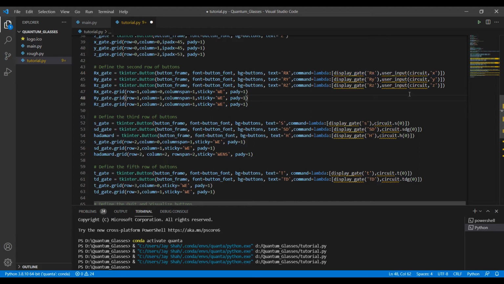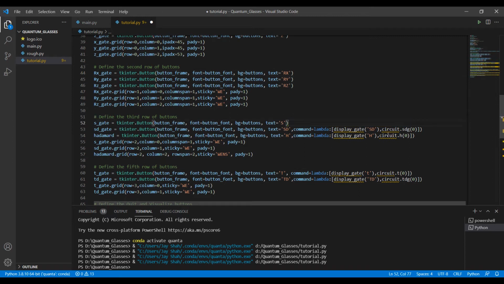So this is the second row of buttons. Another shortcut is if you use Control Alt and down arrow key, you can have again this multi-line cursor, and see, I can just do this. The same thing goes with this one. Let me just clear this so I can just show you the